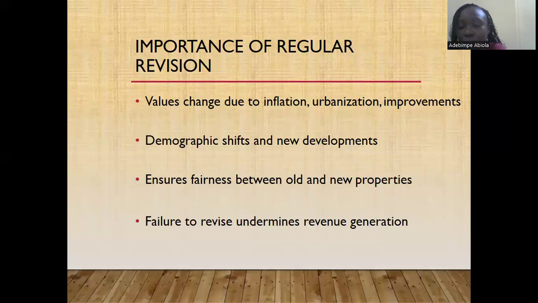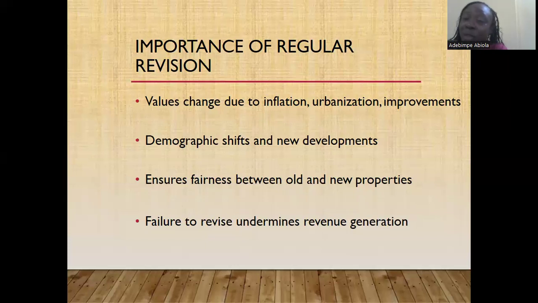What you use for new properties, and properties that are being enhanced, should also be noticed. Probably the other time you inspected it, the painting was fading off, and now there has been some improvement, like the painting has been done, the window has been changed, the door has been changed. So the importance is just for you to be able to know that there have been a couple of improvements in this kind of